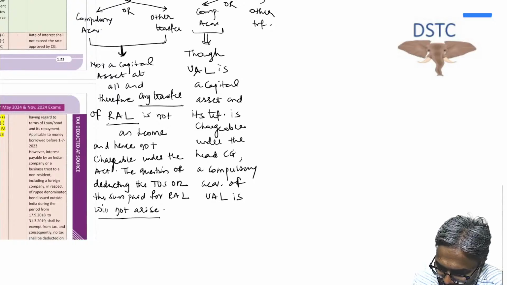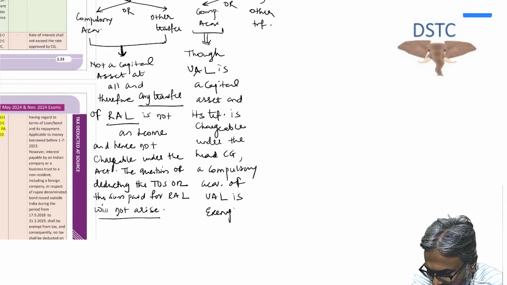A compulsory acquisition of UAL is exempt